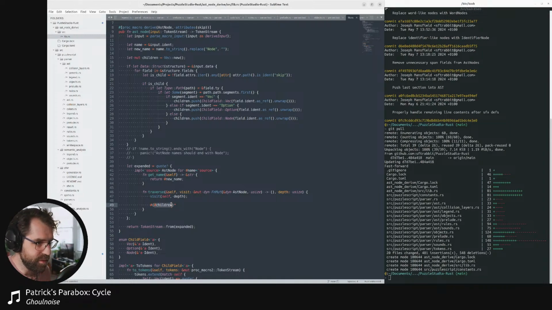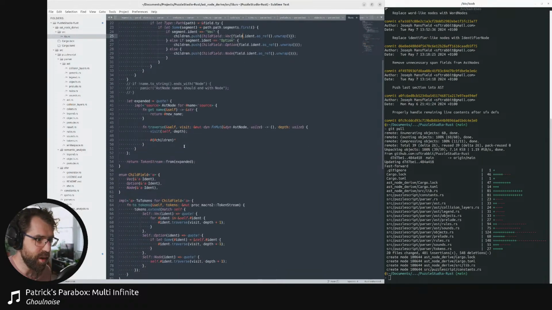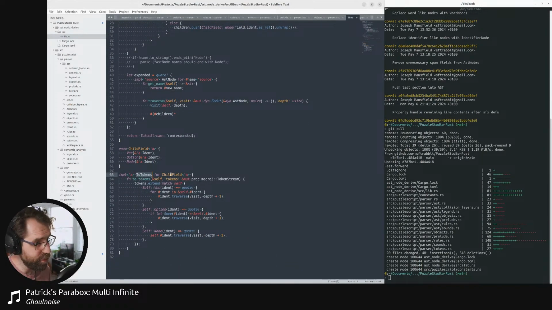So this syntax with whatever in it is effectively a repeating injection of something. So you have to give it something that can be iterated over. So I'm going to give it children, but how does it know what code to output for each of these children? Well, I've implemented to tokens for child field,